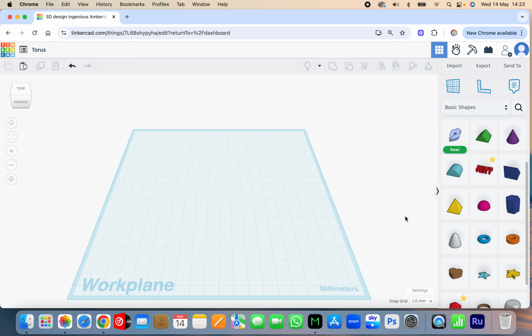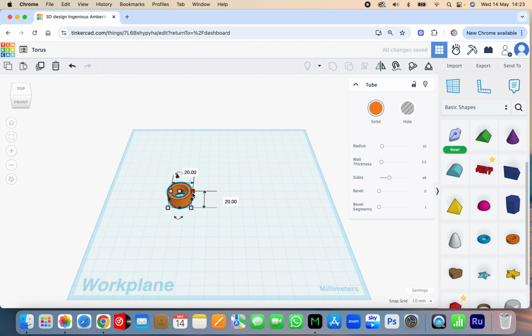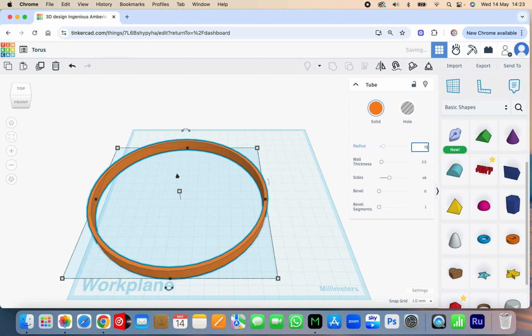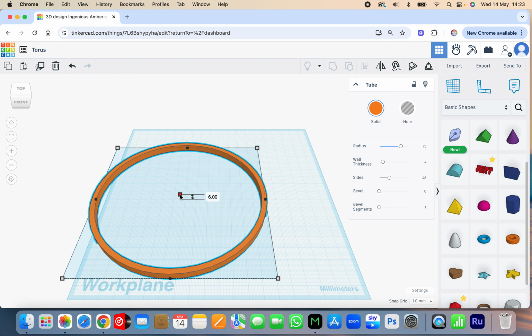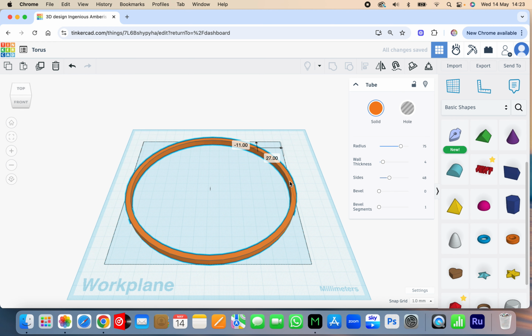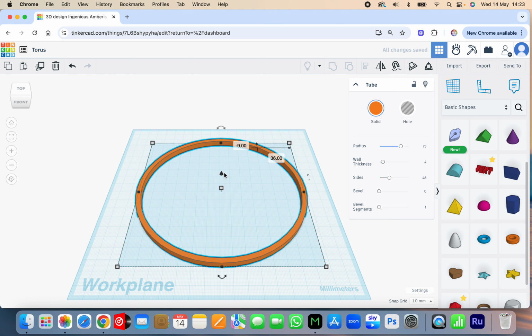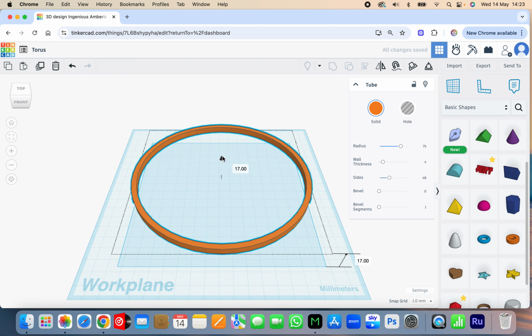Tinkercad to create a torus shape. To do this, we're going to need to use a tube, and we're going to need a tube that is a radius of 75. So we can just click on the bit where it says radius, click 75, and a width of 4. And we don't need it to be very high, so we can make it a height of 5. We will need this 30 millimeters from the base, so we'll drag it up 30,